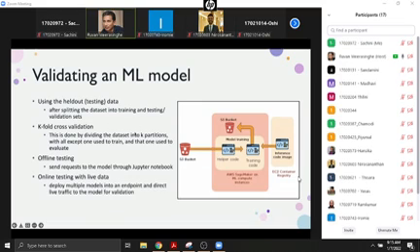Just before doing that, just to say the common ways in which we validate the models. Have some held out data or testing data, sometimes called the validation data. This happens when we split the data set into train and test sets or train and validation sets.